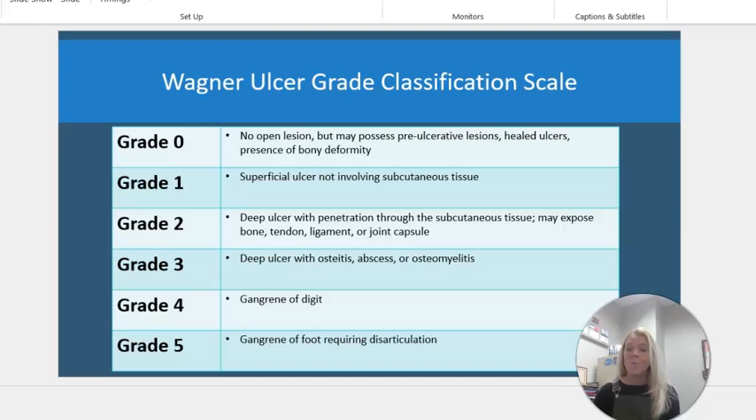Hey guys, so we just left off in lecture talking about diabetic ulcers. We talked about pressure ulcers earlier, but we use the Wagner ulcer grade classification scale specifically for diabetic ulcers. The grading scale on this one is a 0 through 5 scale, so this is a bit different than the scale that we used for pressure ulcers. A grade 0 would be no open lesion, but can have pre-ulcerative lesions, healed ulcers, or presence of bony